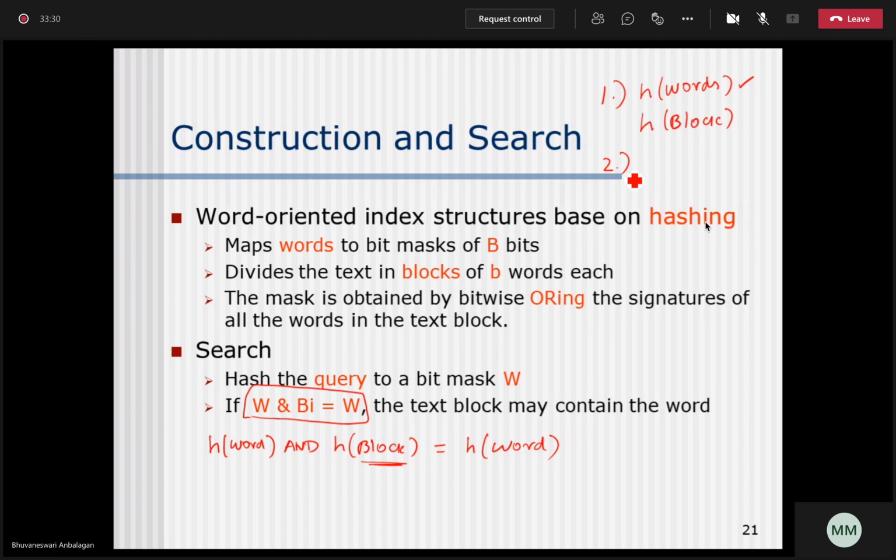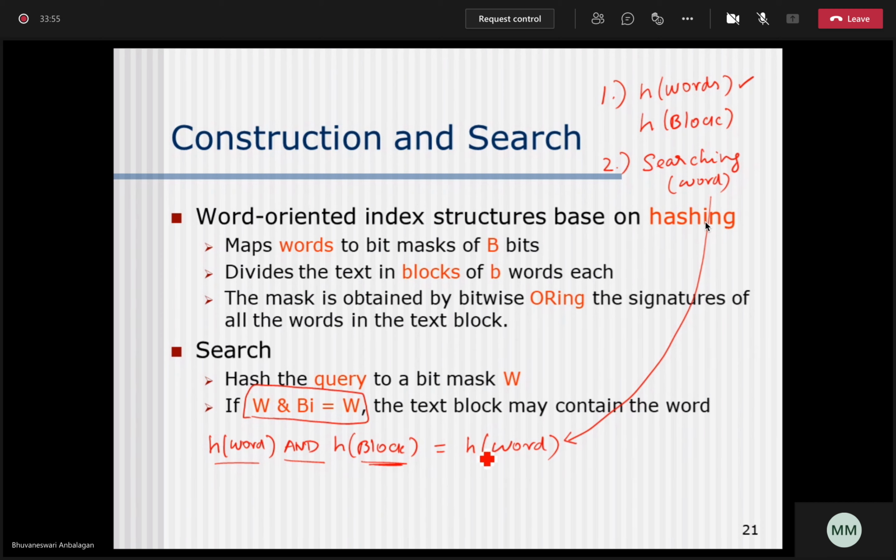In the next step, you have to perform a search operation. Given a situation where you are supposed to search for a particular word in your signature file, you have to make use of this technique. Perform the bitwise OR between the word and the block.